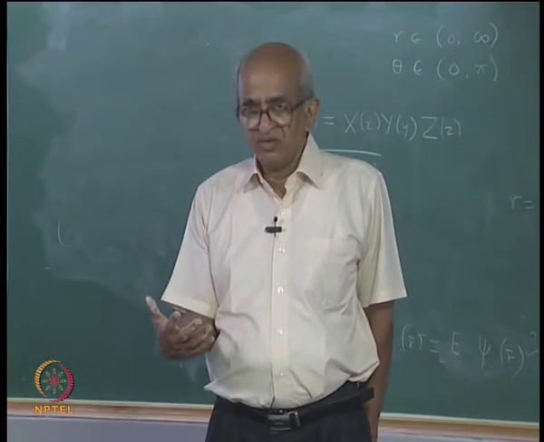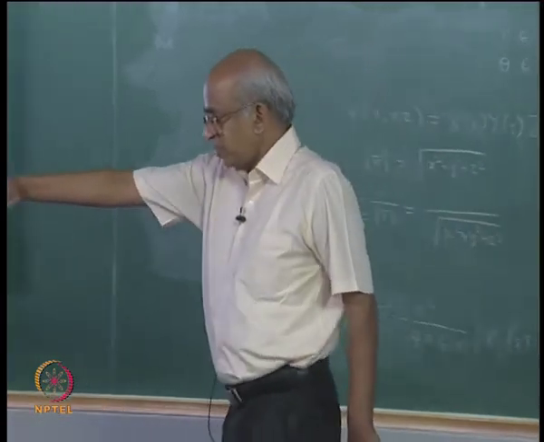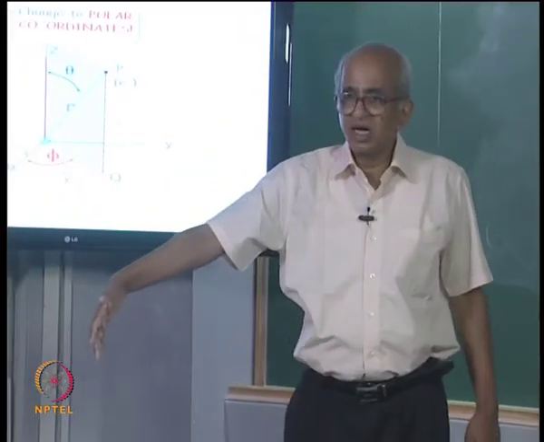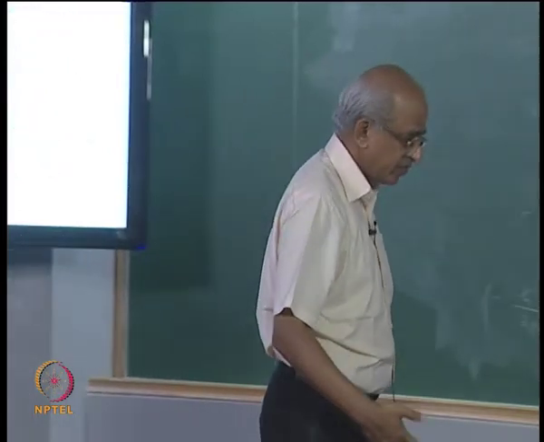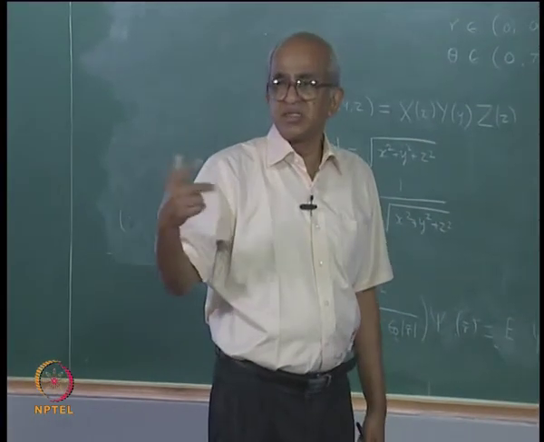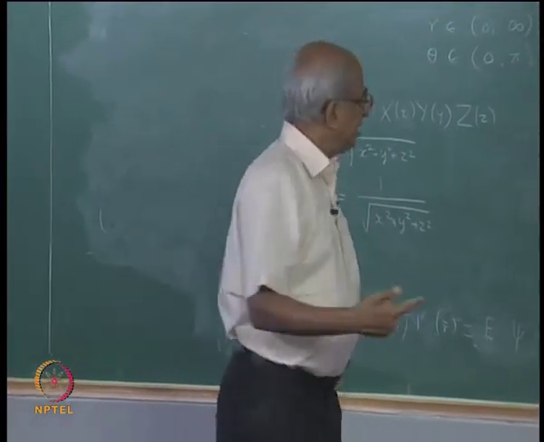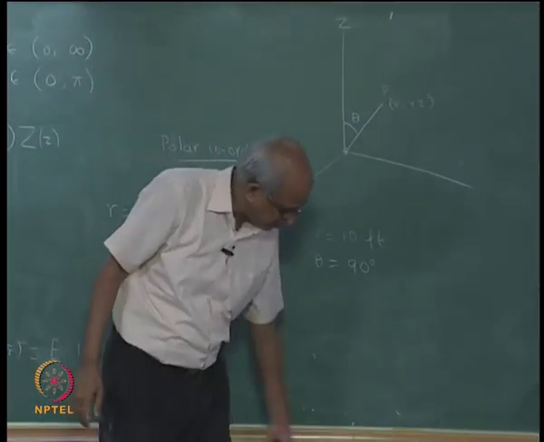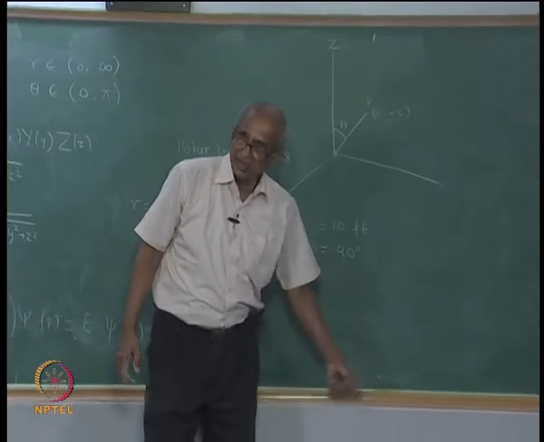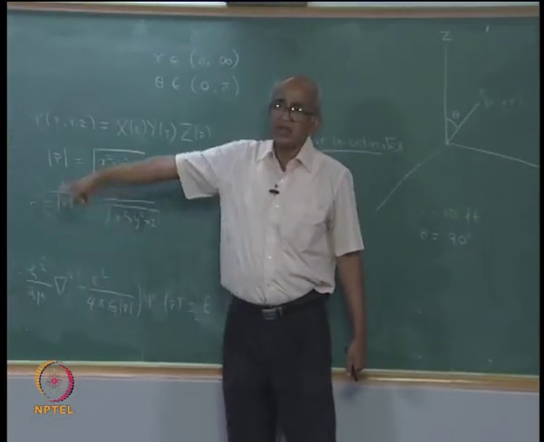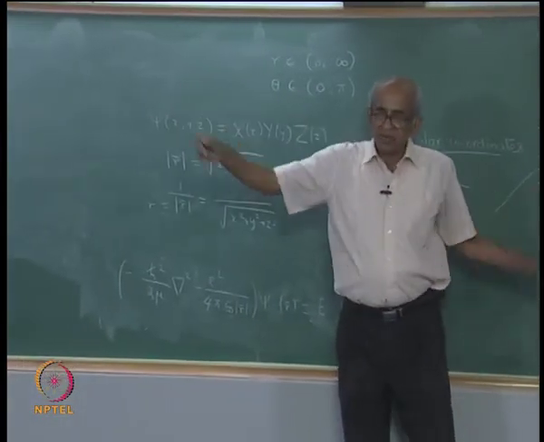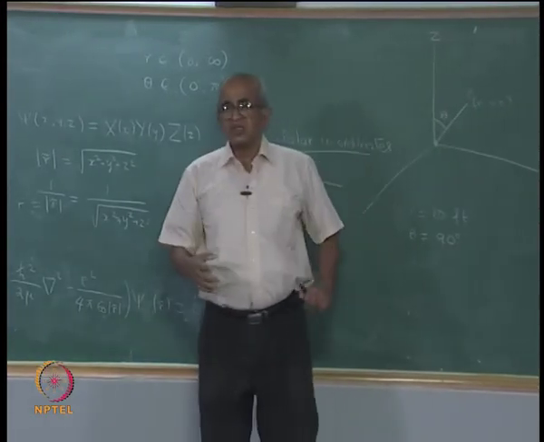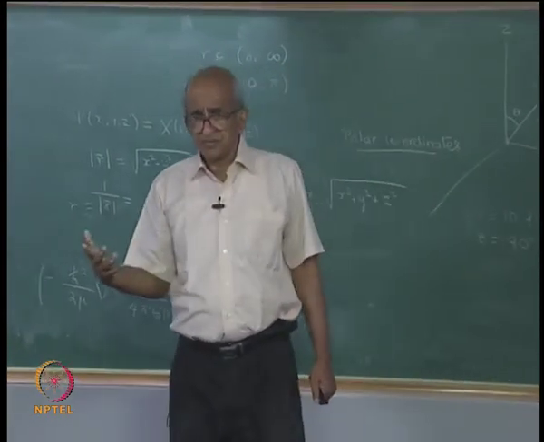It will be 0. But if I start moving like this, obviously I am increasing the value of phi. And if I am now in the plane of the board, remember the y axis is down there and the z axis is there, so if I put my head in the plane of the board, obviously the value of phi would be